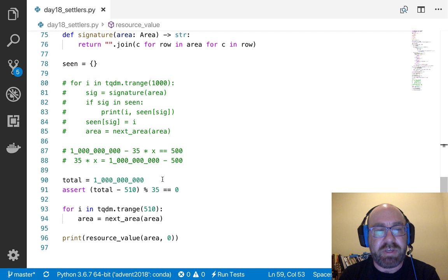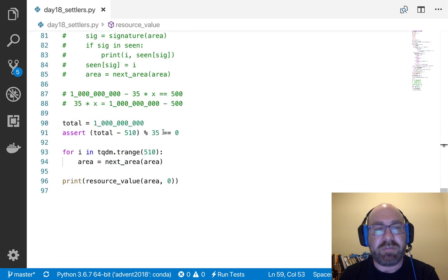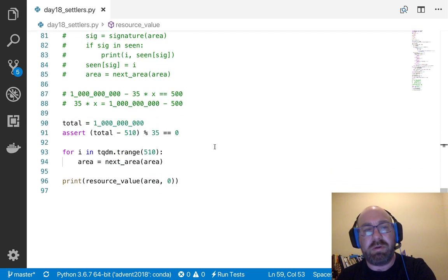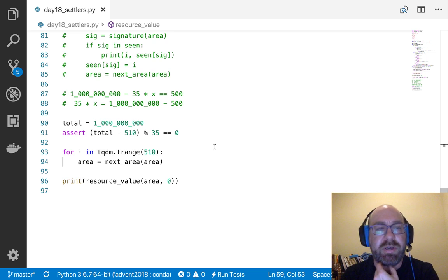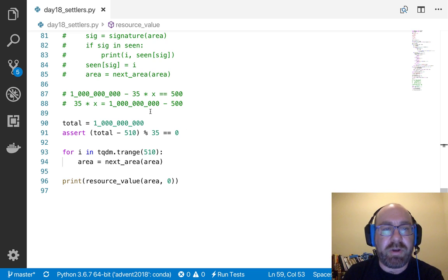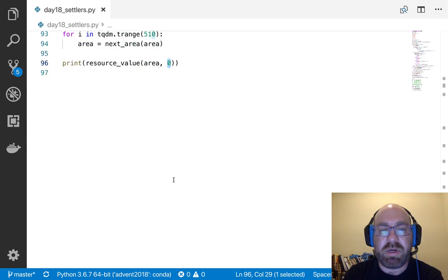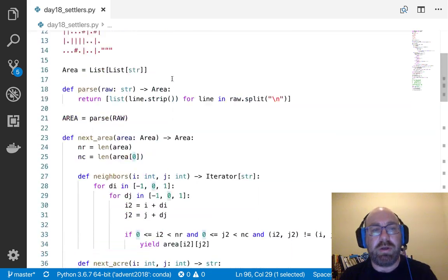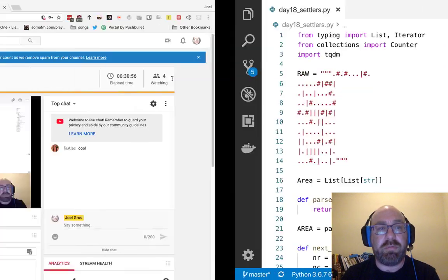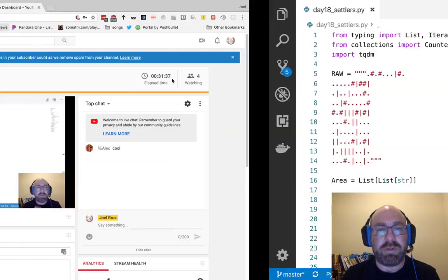And eventually it did. Once you got to 510, it repeats itself every 35. We just had to do some stupid arithmetic to figure out if it repeats itself every 35, let's find something that differs from a billion by a multiple of 35 and figure that one out. And it's just 510. And then I made this really dumb mistake about not plugging in 0 there. So that's on me, and that's pretty stupid.